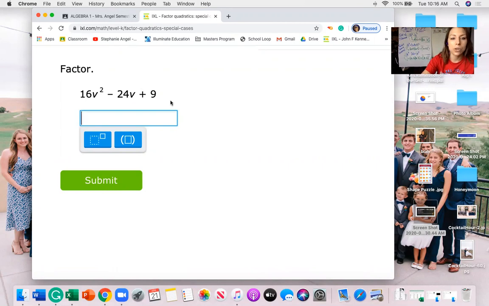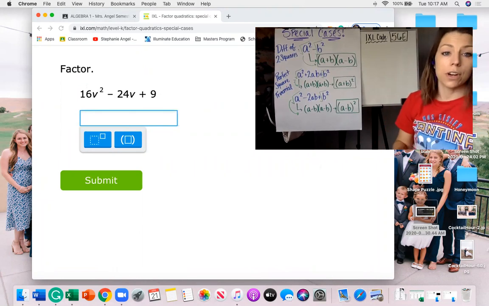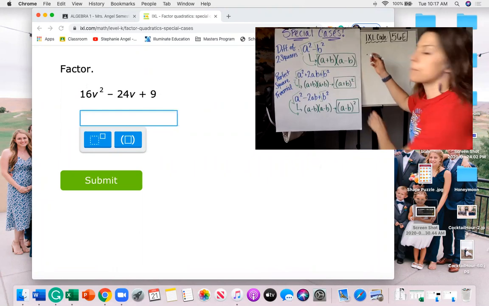So when I see that it's a trinomial, what I'm determining is, is the first term a perfect square, is the last term a perfect square, and is the middle term double the square roots of the first and the last. Let's see if I can make this a little bit bigger so that we can have them side by side. So I'm just going to do that check first. So is that actually true? So first example here,